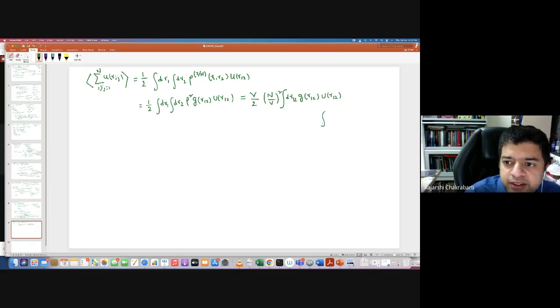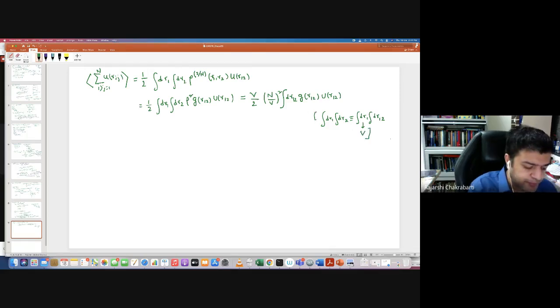So basically this integral dr1 dr2 I change it to dr1 dr12, and this one gives you V. This is exactly what I did. I have done it earlier as well. So if you put all together, it is going to be V by 2 into N square by V square. So this V and V will cancel partially. It will give you N square by 2V. And now what is N square by 2V? It is nothing but N by 2 into rho. This is actually equal to